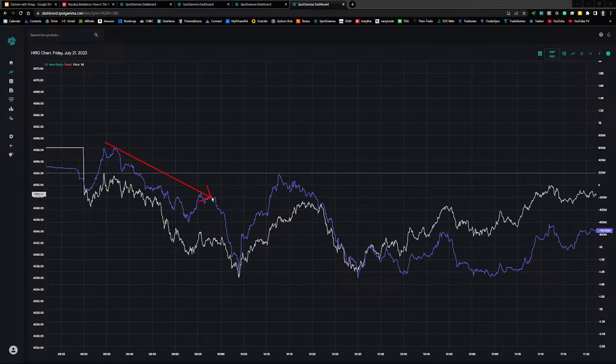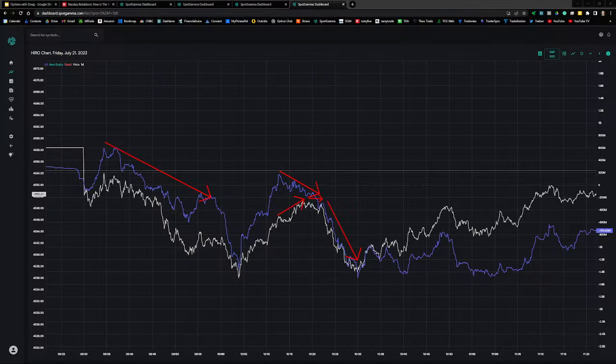A confirmation: traders taking negative delta positions and market makers selling futures to hedge their delta exposure. And you could have traded that with SPY shares, SPY options, or ES futures. So that was the first setup. And then the second setup was at that SPX level, I believe the 4548. And this was more of a divergent setup. Note that Hero started to fall, price continued to rise, and then leveled off and moved lower at that potential resistance level.